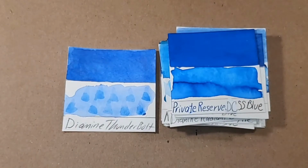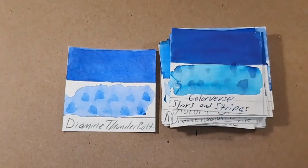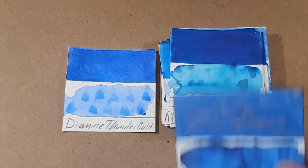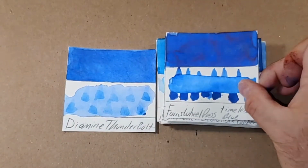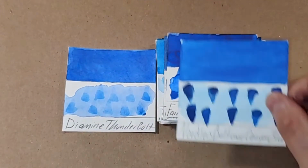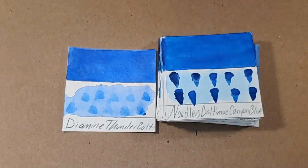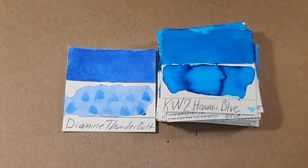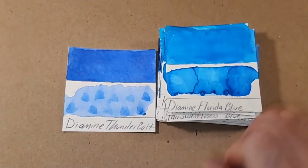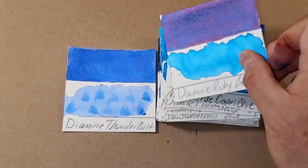Private Reserve DC Super Show Blue, Aurora Blue, these are kind of similar. Colorverse Stars and Stripes, Diatramentus Columbia Blue Copper, Ferris Wheel Press Timeless Blue, Noodler's Baltimore Canyon Blue, Noodler's Navajo Turquoise, KWZ Hawaii Blue, Diamine Florida Blue, Monteverde Capri Blue,